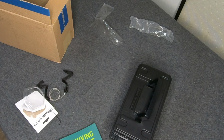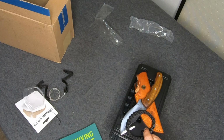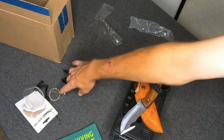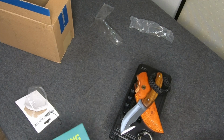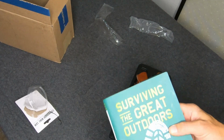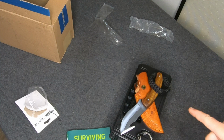So nice. All right, I like it. That's cool. This is pretty badass too. It's a paracord thing, it is what it is. We'll just throw it there. We'll just break that later. And then of course, Surviving the Great Outdoors, made out of rubber. We'll see what that does. Maybe take a look at it. So all in all, there you go. There's your bespoke,